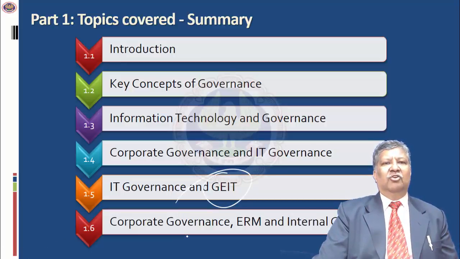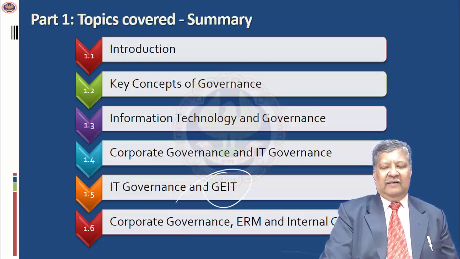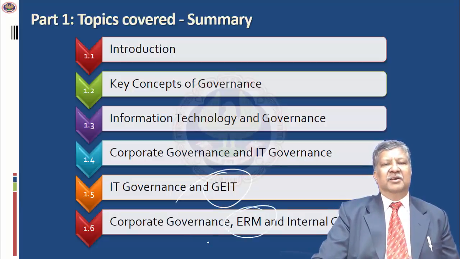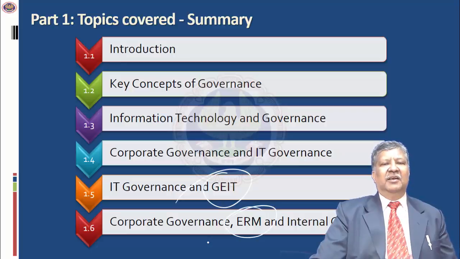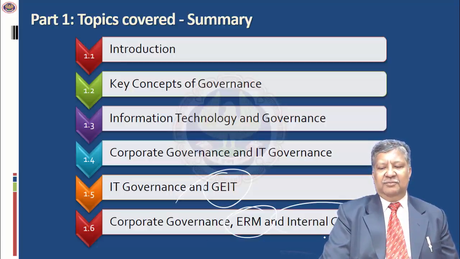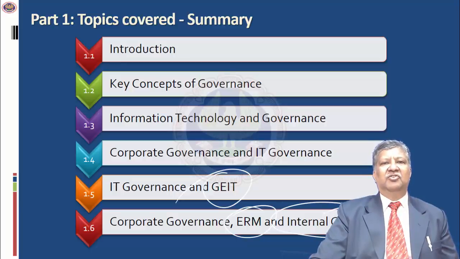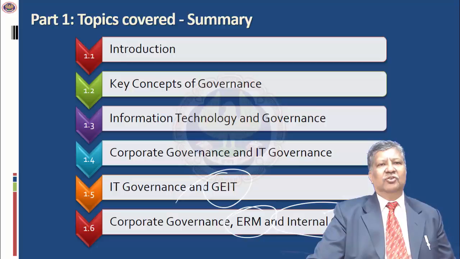And when you want to implement corporate governance, you need to have enterprise risk management. Enterprise risk management is a process which is effected by the board of directors at a macro level. They need to direct and control how the enterprise is able to manage the risks within the enterprise. These risks are fundamental to the business processes, so you need a system of internal controls. We also saw the definition of internal controls.